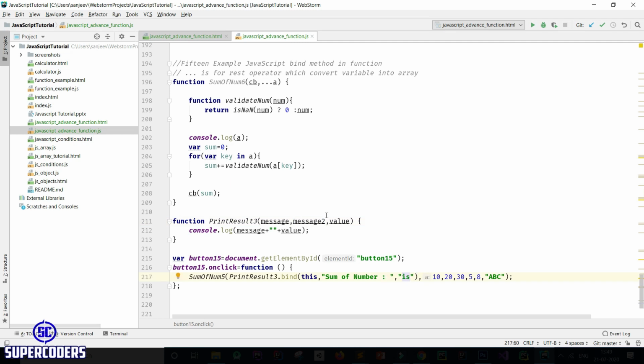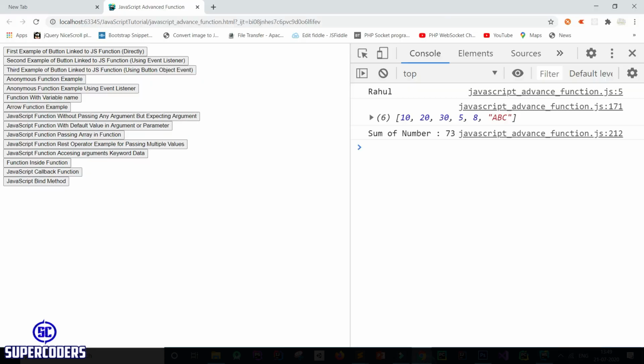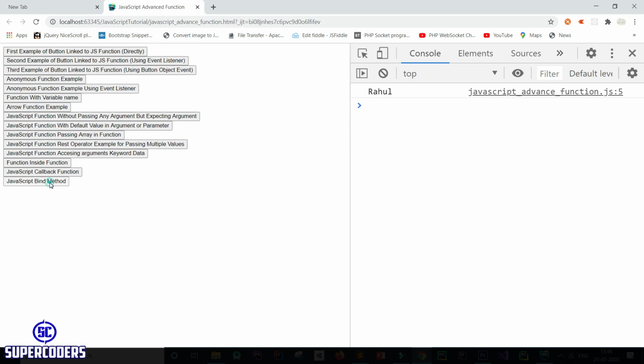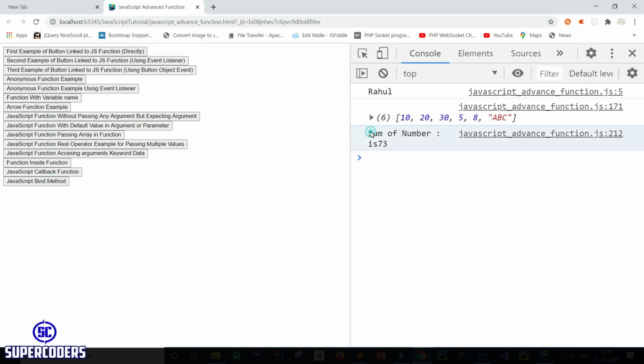How can we use this value? Again plus, okay, and print message 2. Let's see if this is working or not. Call press, then bind method, and you can see sum of number is 73.